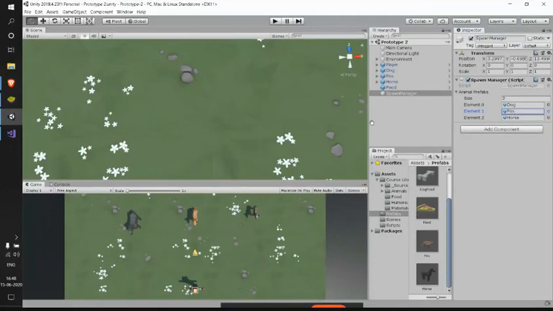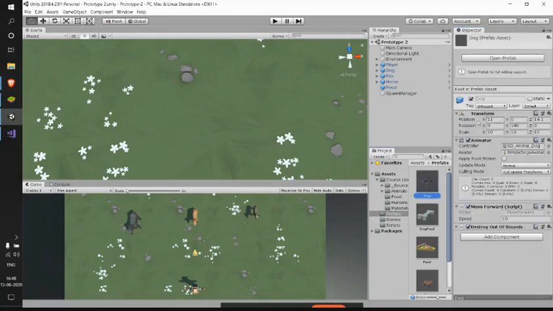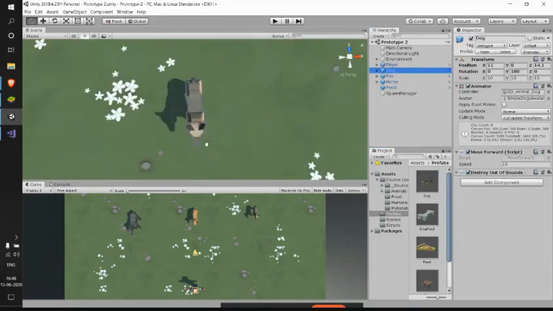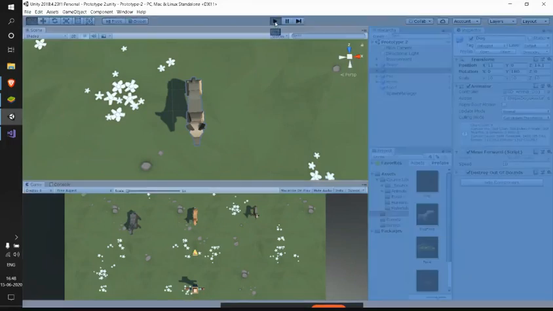See, as I have given the 0 element, my dog must be the game object which will get created every time. So if I see my dog, its position is x is 11, y is 0, and z is 14.1. So every time I create a new game object using the S key, I'll be getting a game object here. Let's just test that.